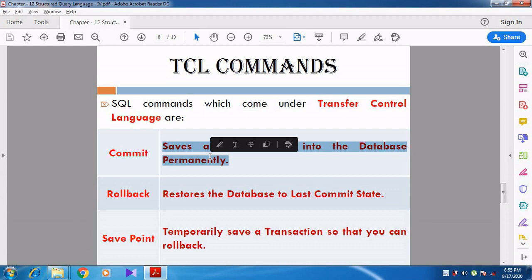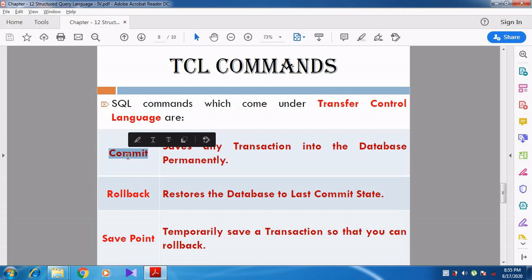Truncate is used to delete all the records in the table, and the space is also removed, right? So whenever you make changes in the database table, the changes will be saved in a permanent manner. For that we can use commit.